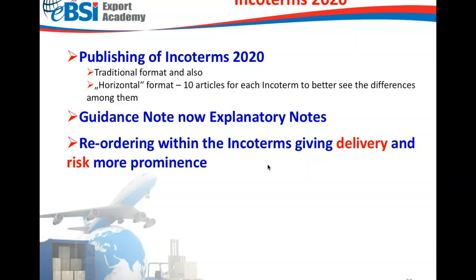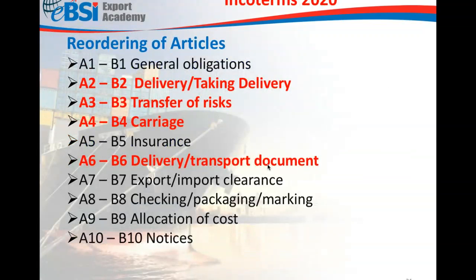There are also guidance notes, now renamed explanatory notes. And there has been a reordering within the Incoterms, giving delivery and risk more prominence within the obligations. So here's the reordering of the articles. As you can see here, we have delivery and transfer of risk taking more